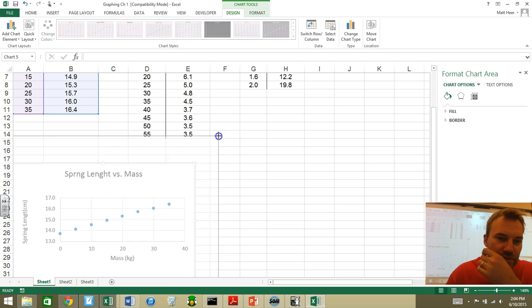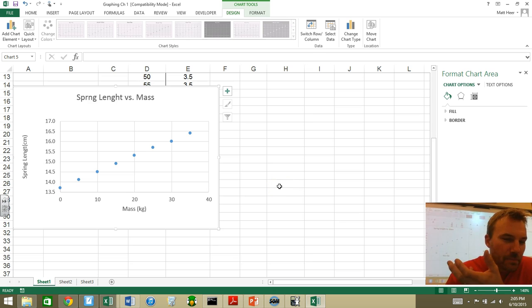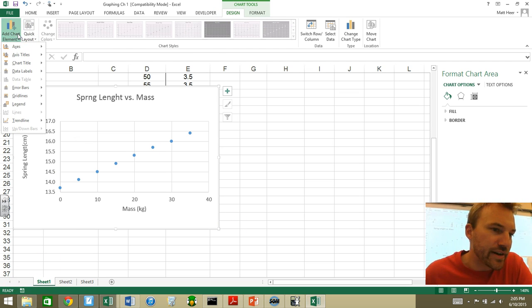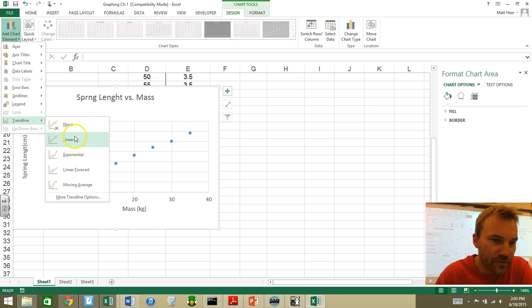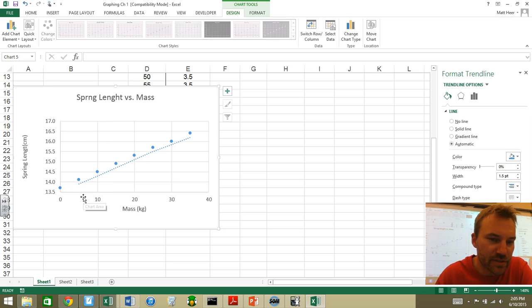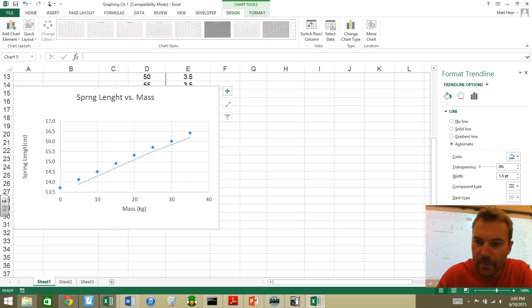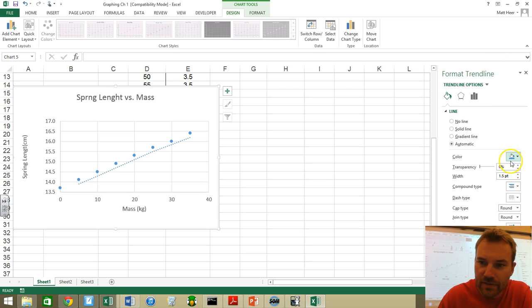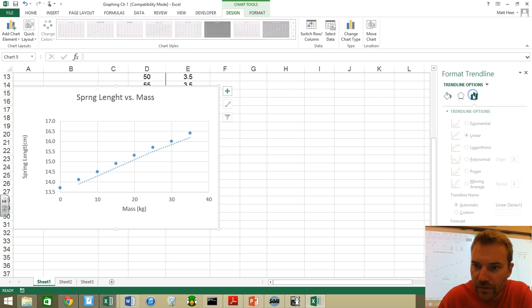Now the next thing I'm going to have to do is draw the equation on there. And in order to do that, I'm going to click on this, and I want to click Add Chart Element, and I'm going to add a trend line. Now this is linear, so I'm going to go down here to more trend line options, because in order to do this, I have to select this third one over here, linear,